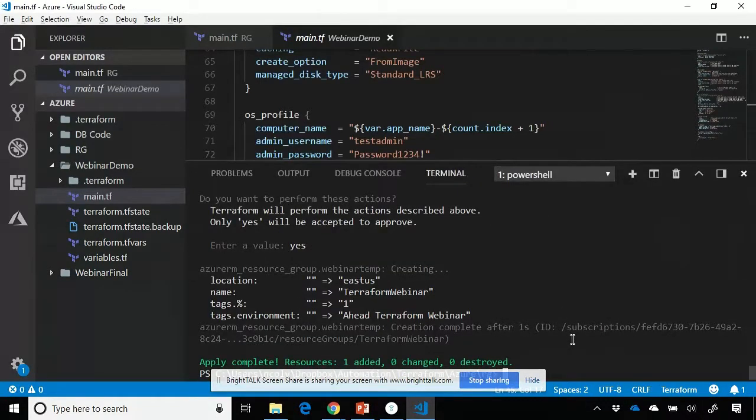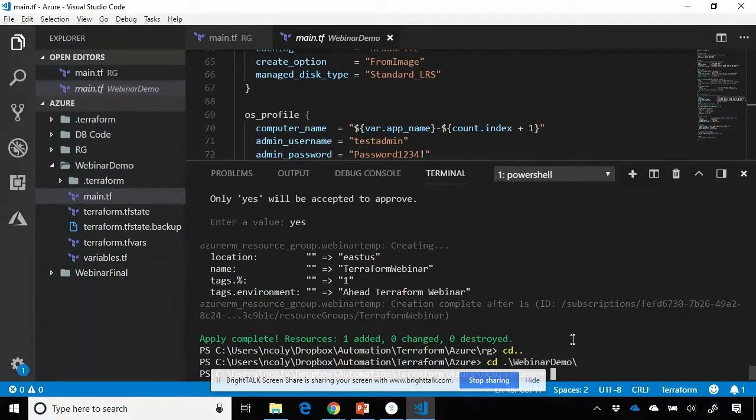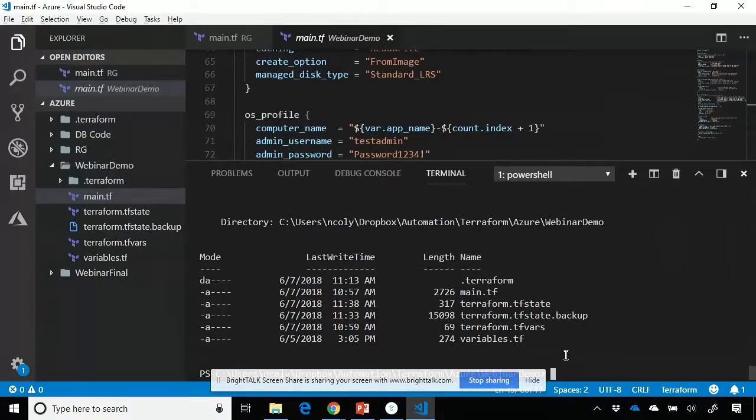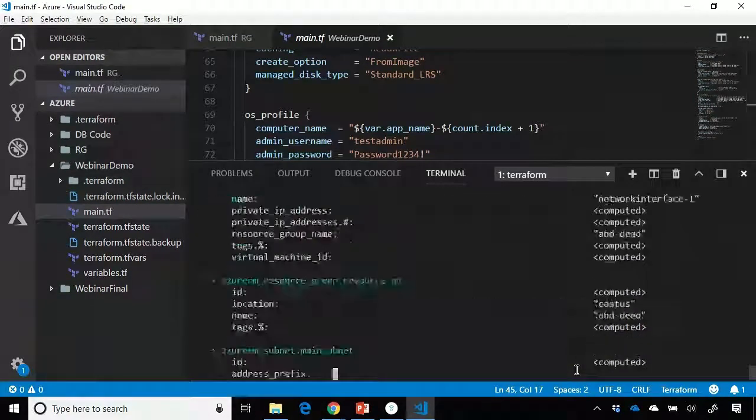So if I go over to that folder and do the same thing, I'll just show you the files in there. Hide this. Okay, there we go. That makes it easier for you. Terraform plan. And now you'll see it's going to give me a much